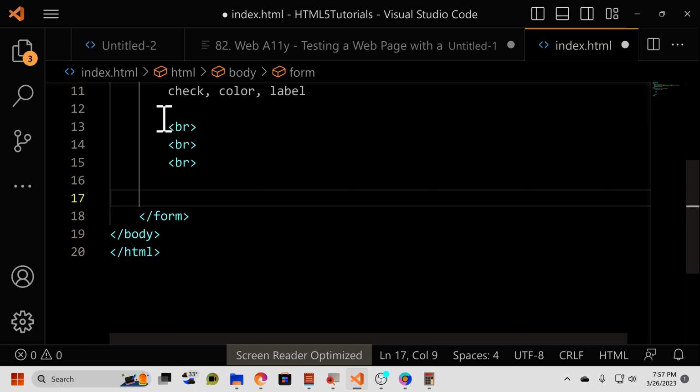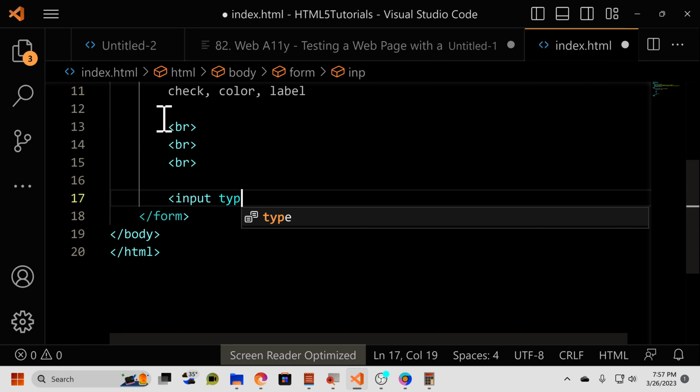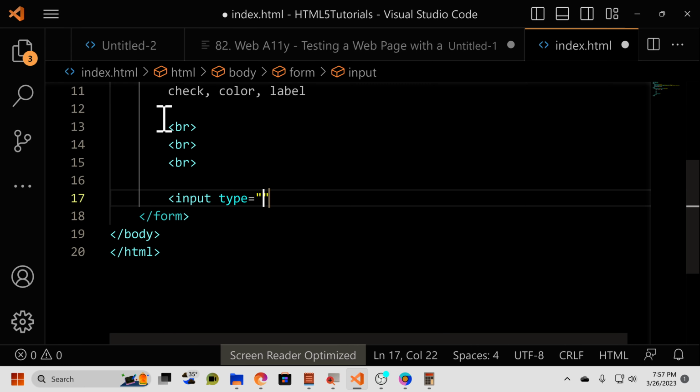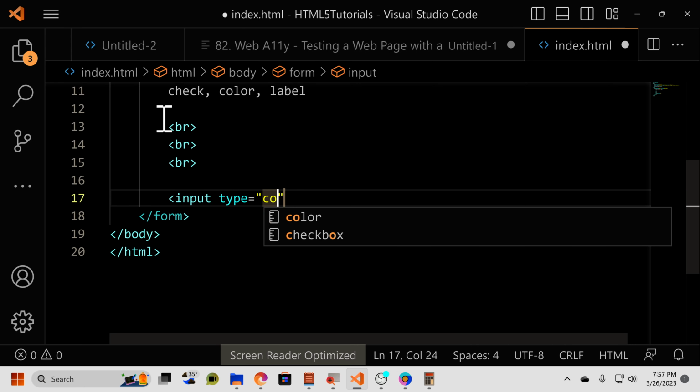So there's no placeholder for example on this one, much like there is no placeholder for checkboxes. So we absolutely need that label to give that additional context, because if you don't, it's just not gonna make any sense to a screen reader user. I cannot emphasize that enough. So input type equals, and inside of these quotation marks, type color,